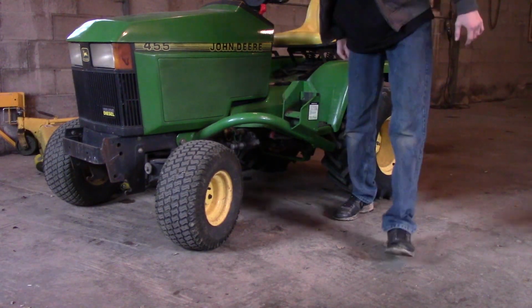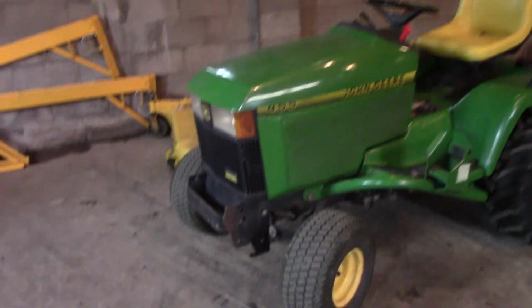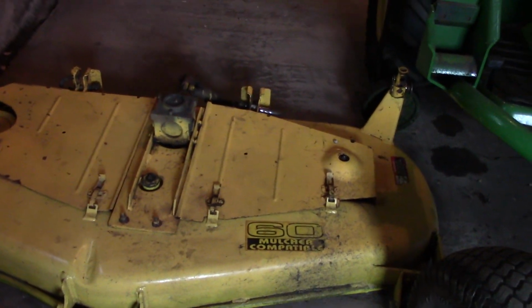Alright, a quick note of what not to do. I forgot that, one, you have to turn the wheels a little bit, and two, it's easier to come out on this side. Not to say I can get the thing out of there, but